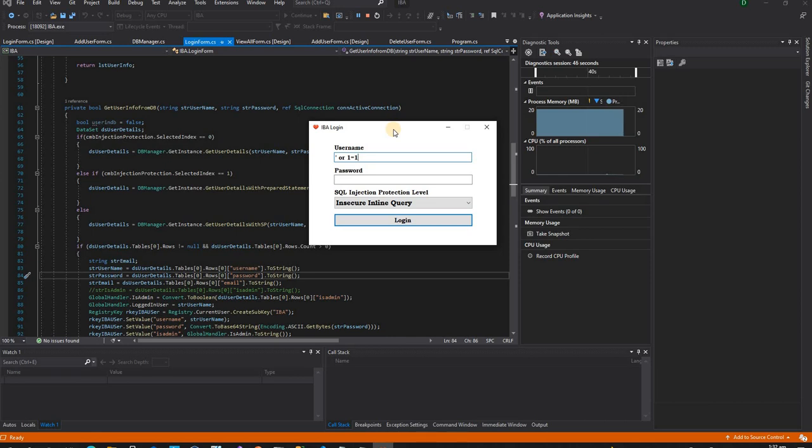1 equal to 1 is an always true condition. Then I'm going to comment out the rest with double hyphens. The double hyphen is mainly used to comment out everything after the check. Whatever comes after this double hyphen, the SQL DB server will consider it as a comment. So after that, I'm going to give